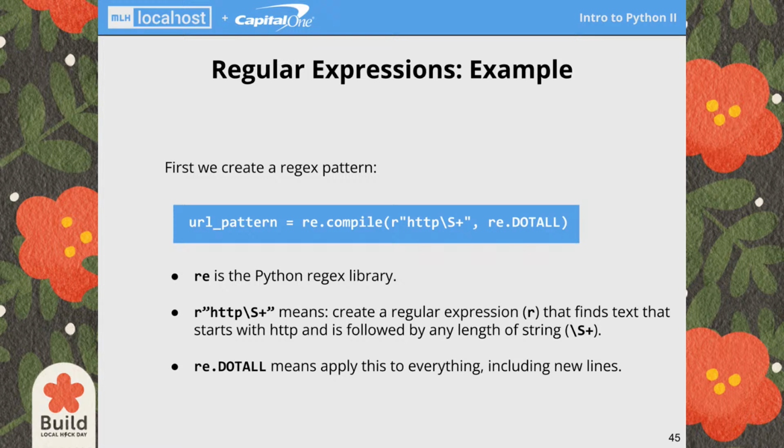First, we create a regex pattern here, calling re.compile, and then some weird looking stuff. Let's break that up. There's re, which is the Python regex library, and if you look at your glitch.com, it's on line 4, and it's imported as re. That's how we imported the regex library for Python. And then this other thing,